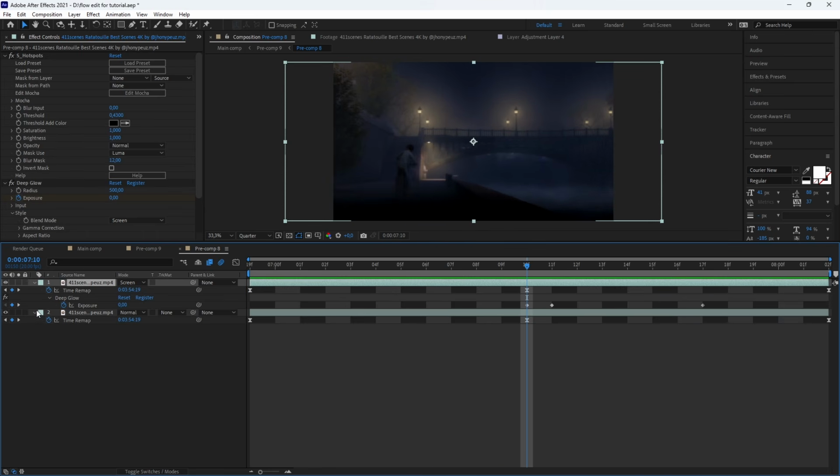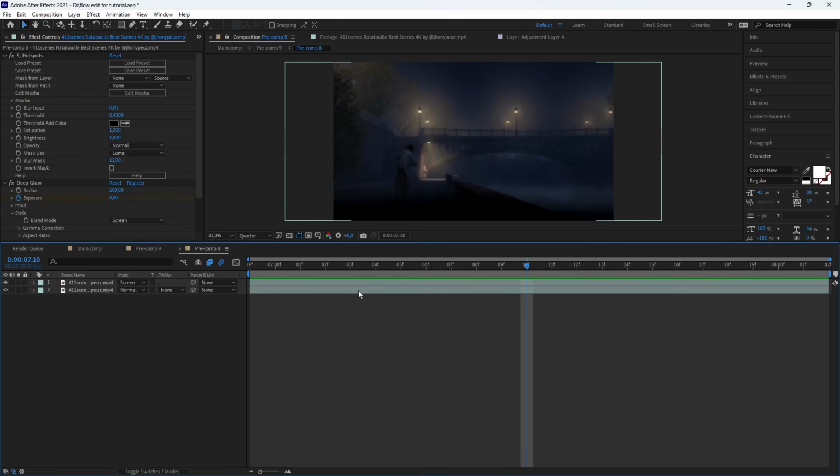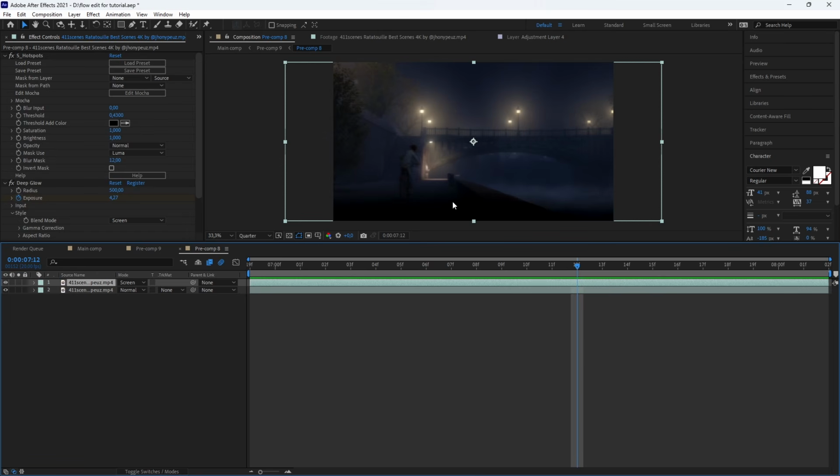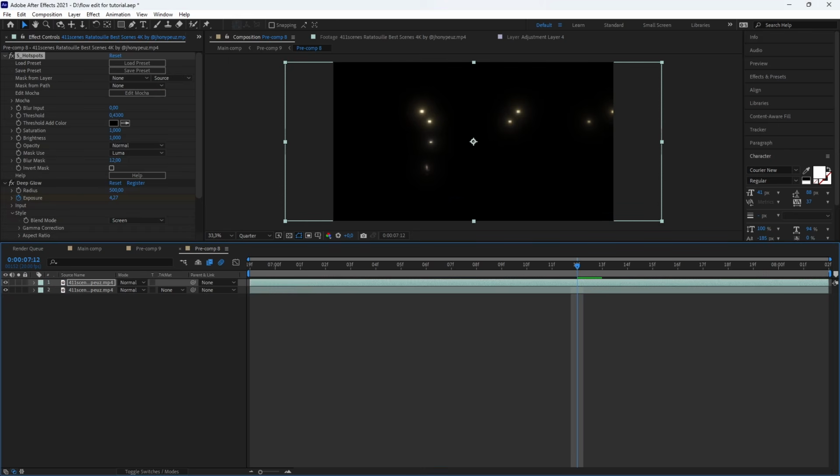Yeah, okay, that's it. So what I did here, I duplicated it, and I wanted it to become very light when the optical flare came in the street lamp. For that, I added an S-Hotspot effect. Let me show you. Boom.